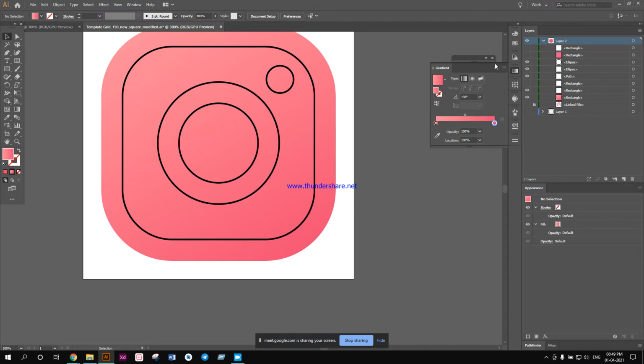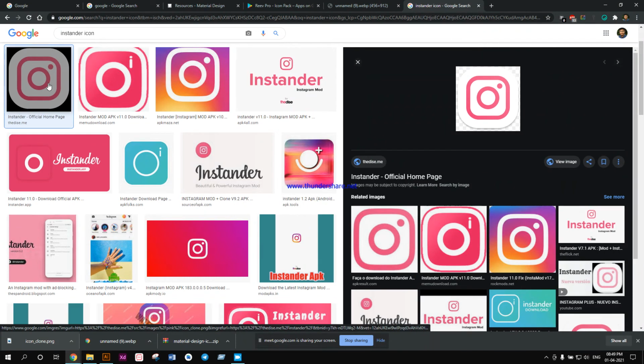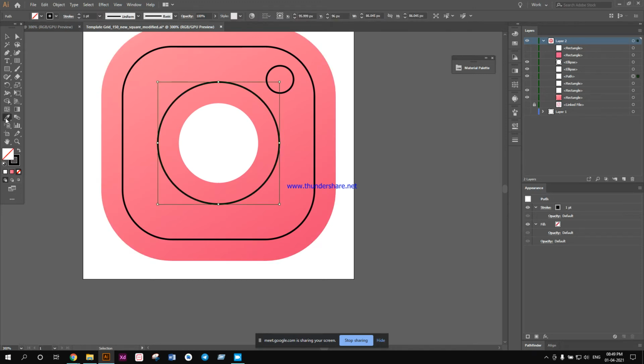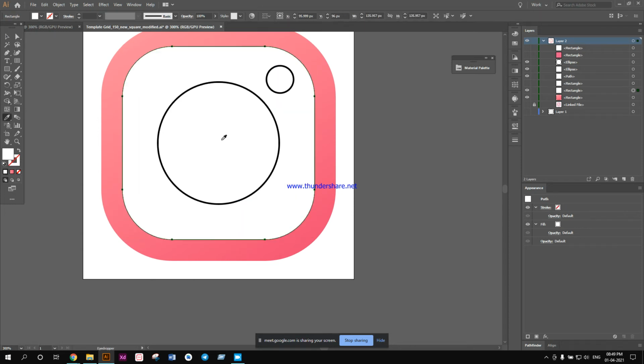okay, so this was our design actually, and as you saw in the design, let's go to this design. There is the central white part, and this rectangle is just separated from the inner part. So I'm just going to show it like this. So for this central circle, I'm just going to give it a white color, and then for the other part as well, I'm going to give a white color. Now both the layers will merge actually, so you will be able to see it.